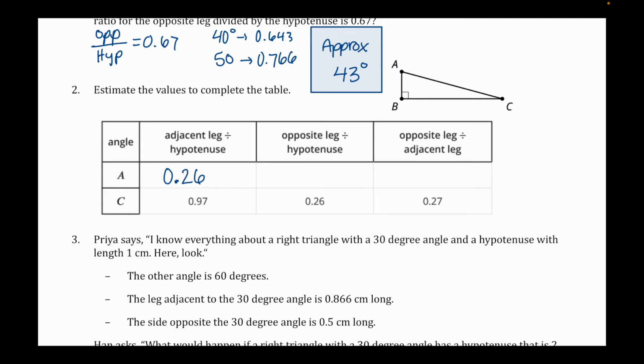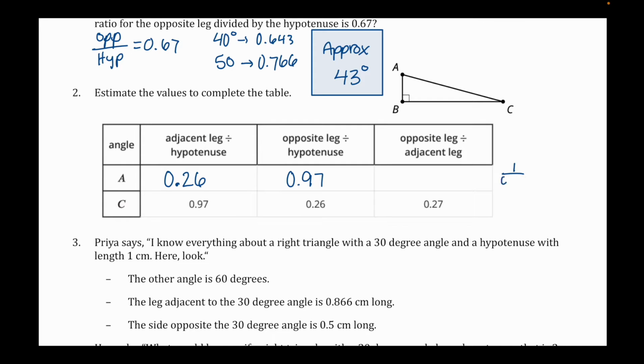So I would know that 0.26 should be my adjacent over hypotenuse for A, because that's what the opposite over hypotenuse is for C. And likewise for the next box, that's going to be flip-flopped from the row for C, so this should be 0.97. Now, the last column has a different relationship because this only uses opposite and adjacent. And since the opposite and adjacent are reversed for this, we're going to reverse this number by doing the reciprocal. So I'm going to plug this into a calculator, but basically I'm going to say that this should be 1 divided by 0.27,